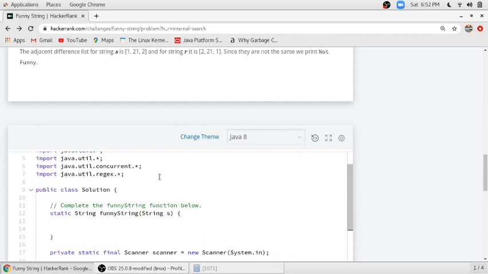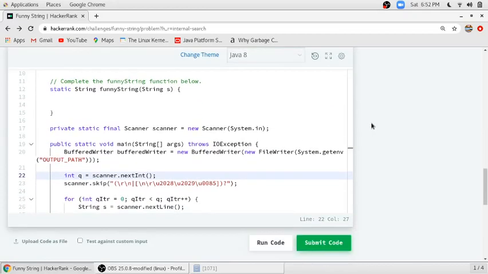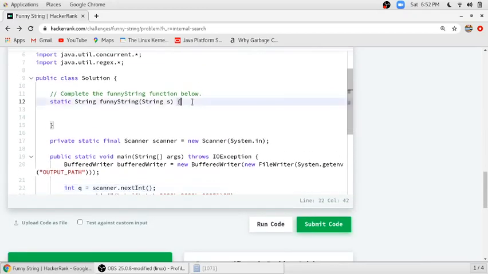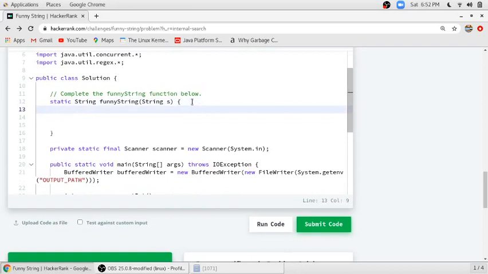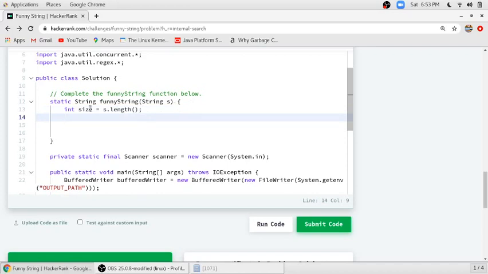So we will jump to the method here. First of all we will find the length of this given string, so we will use the length method on this, and we will get the size, that is the length of this string. After that we will convert that string into a character array. We will use the method called toCharArray,